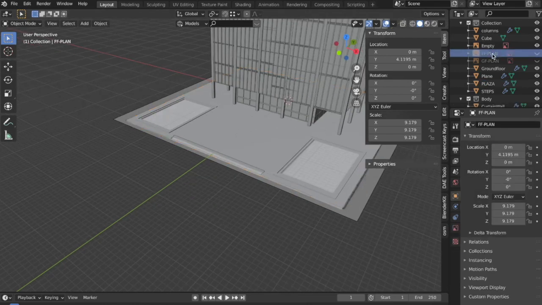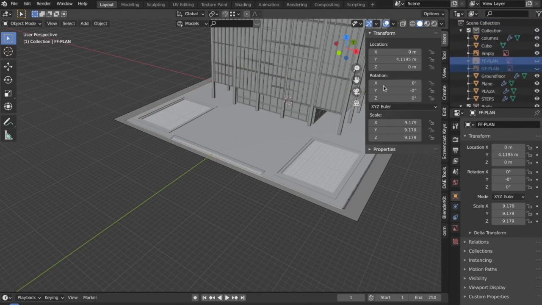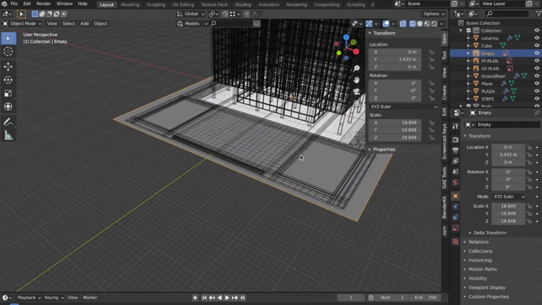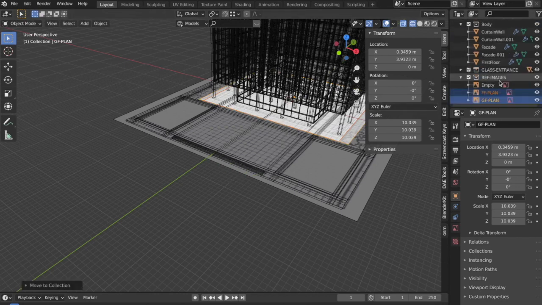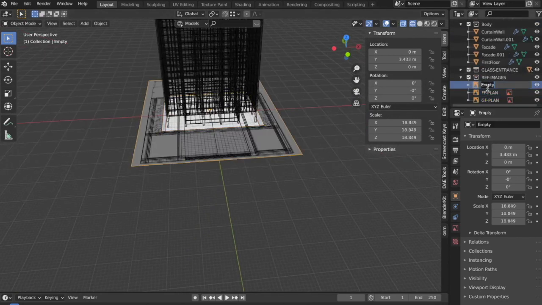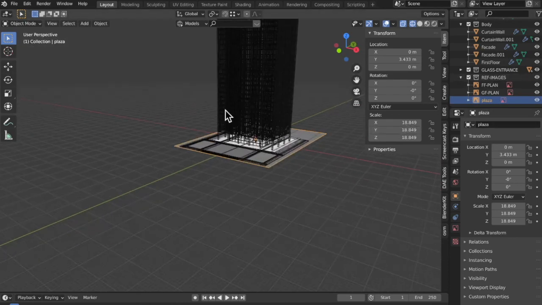And now let me bring all these images over here and move them. First I'll turn this on, move it to a new collection called ref images probably, and then select this and this and move it to the reference images collection. So this way I can also rename it. The only reason I'm doing all the renaming is because it makes it a lot easier to select if you cannot select it from here.